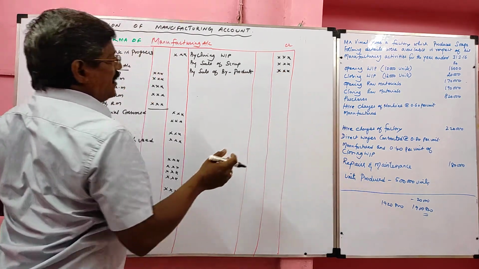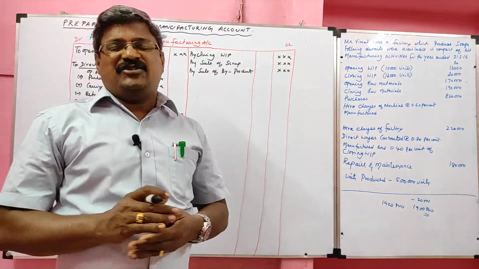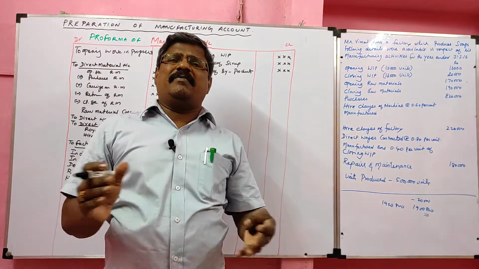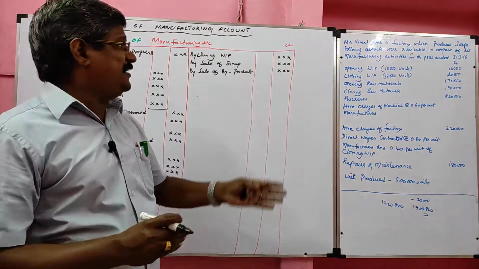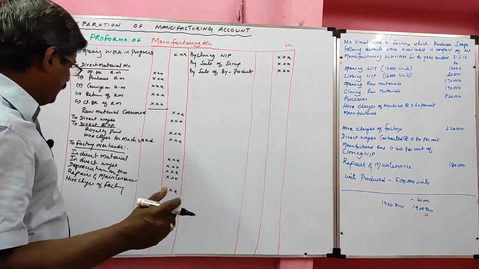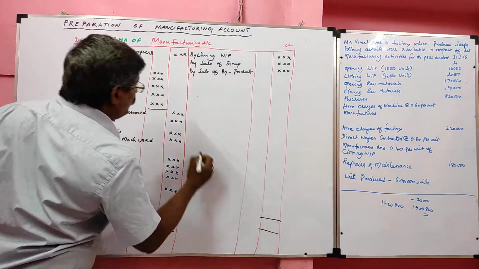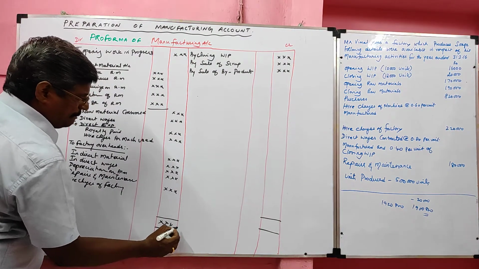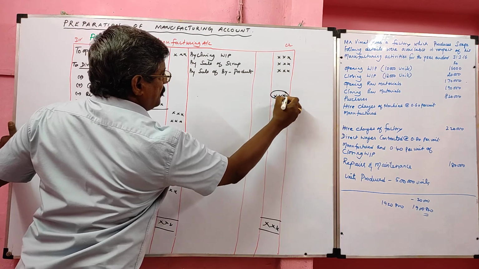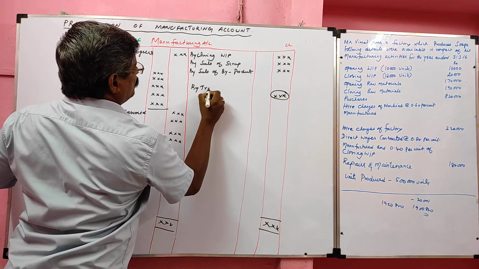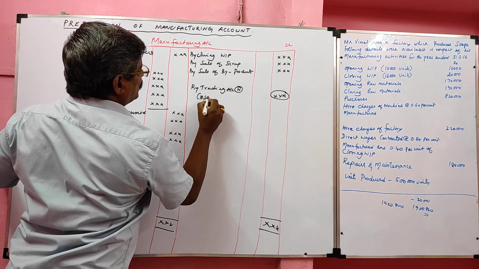What is sale of byproduct? For example, a sugar company having the byproduct of molasses, cheese company and butter company having the byproduct of buttermilk. They will sell. On realization of byproduct, if they get anything, that should be credited to the manufacturing account. Then we have to balance it. Debit side is always higher than credit side. So first total the debit side, bring it to the credit side. Then the balancing figure should be transferred to trading account. This we call cost of production.